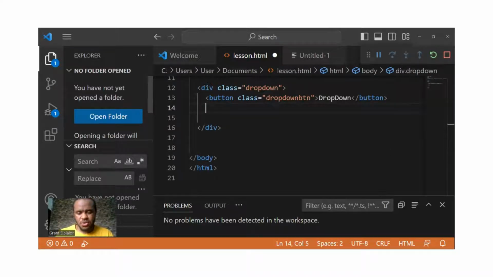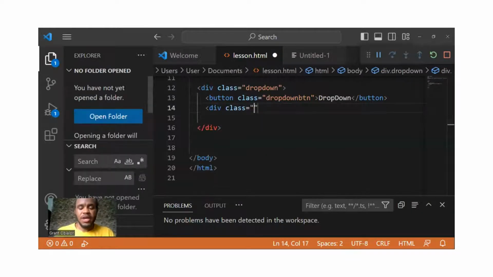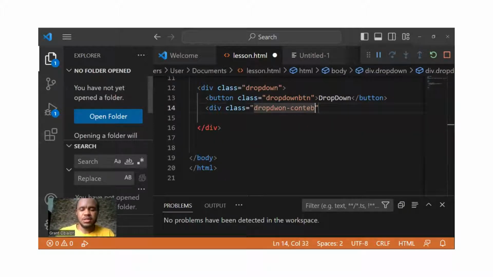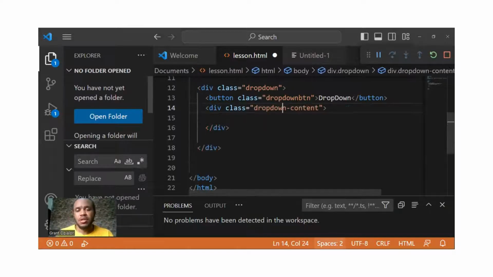So the next thing to do is the content now. When it drops down, the stuff you see is inside the content, right? So let's also create that. So we'll say div. We'll give it a class of drop down content. Drop down content. So inside of the drop down content, there are